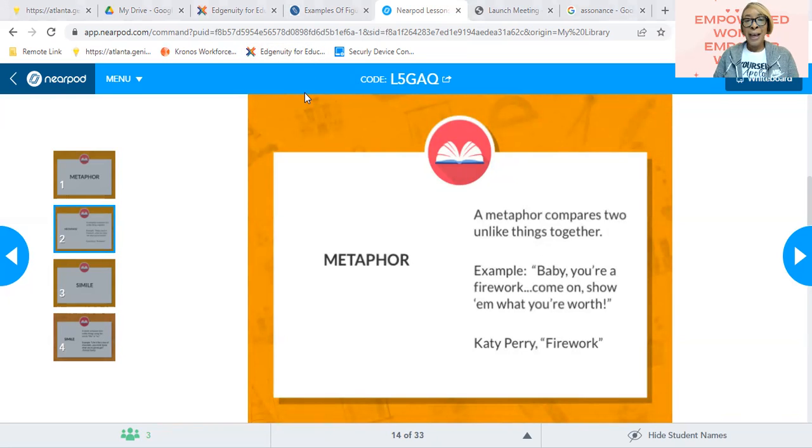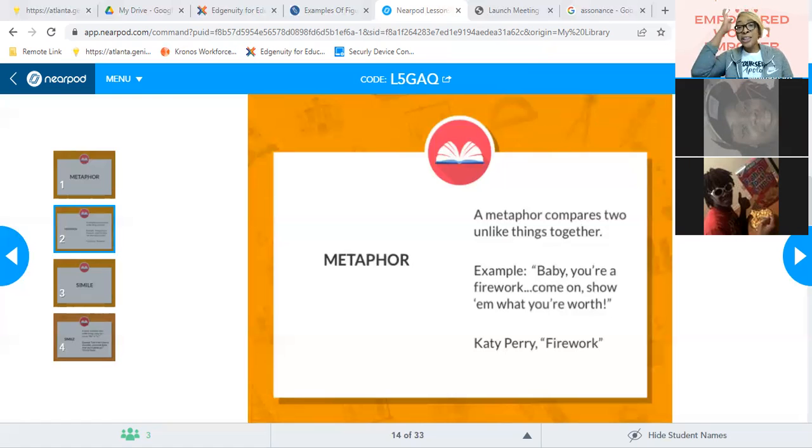I see Mario. She's a star. Thank you, you put it in the chat. So what we're going to do right now in this part of the lesson is have you share the song lyrics that you researched, and tell us what the lyrics mean that have the metaphors or similes, or maybe a different type of figurative language, depending on what it is. So who wants to go first?